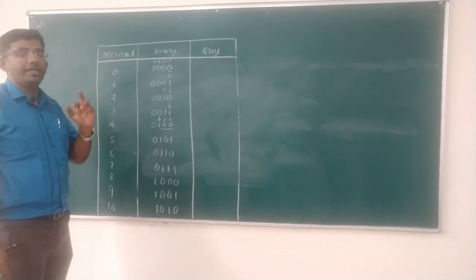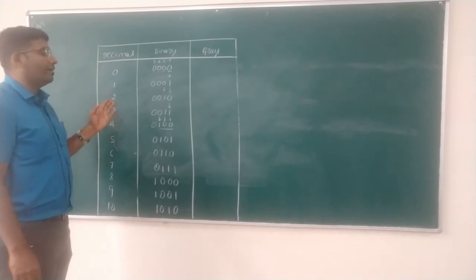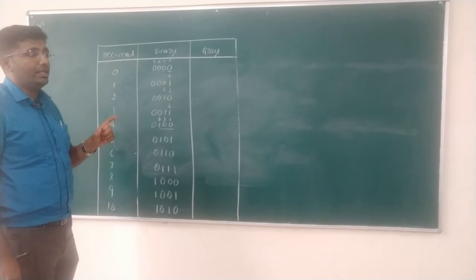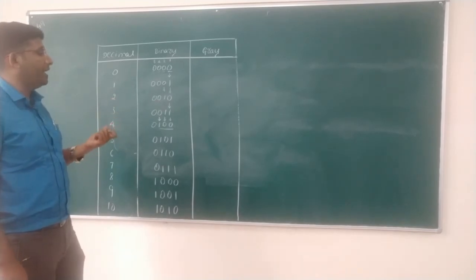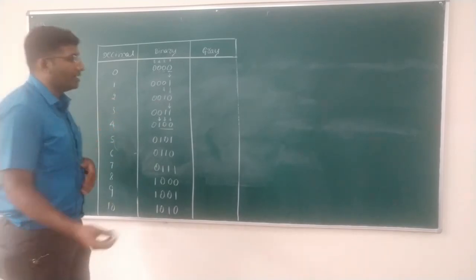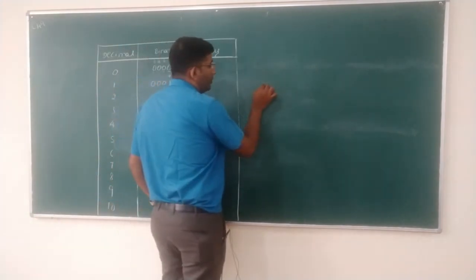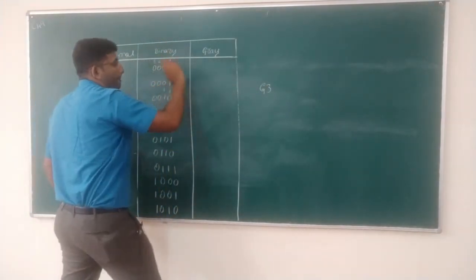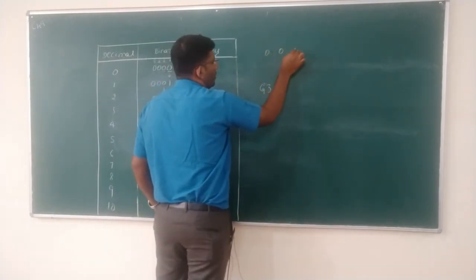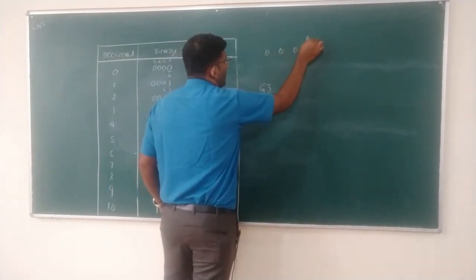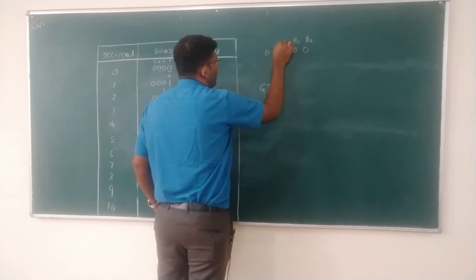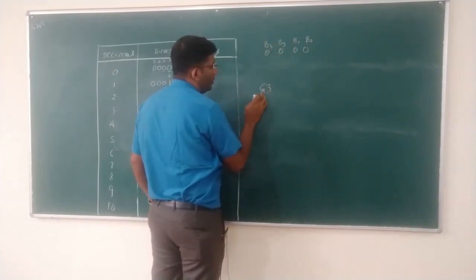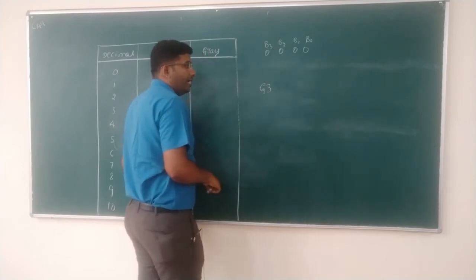If you are incrementing a value by 1, from the previous bits to the next bits you have to change only a single bit. For that we will have a formula. If you want to get the Gray code bits, if I am writing 0 0 0 0, these will be the binary bits B3, B2, B1 and B0. We need to change them into G3, G2, G1 and G0.